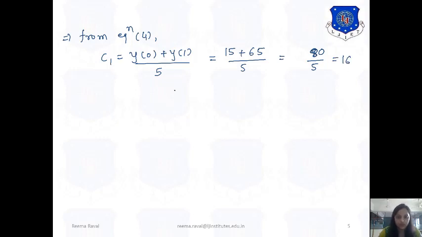Okay. So here C1 will be equal to 16, and we will place this in the equation which is